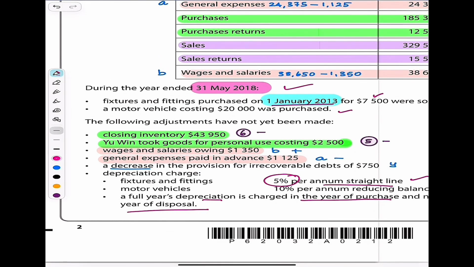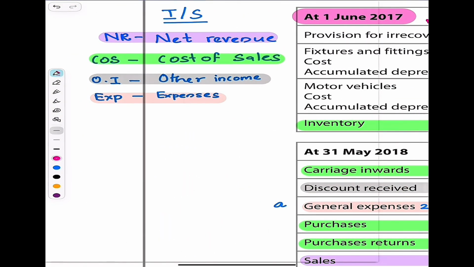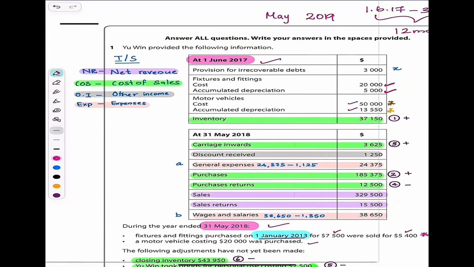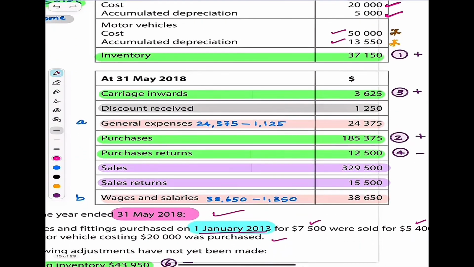Closing inventory 43,950. You into goods for personal use costing 2,500. As you can see here, I've color coded the cost of sales section in green. So you have inventory opening 37,150. That should be the first item listed under cost of sales. Secondly, purchases